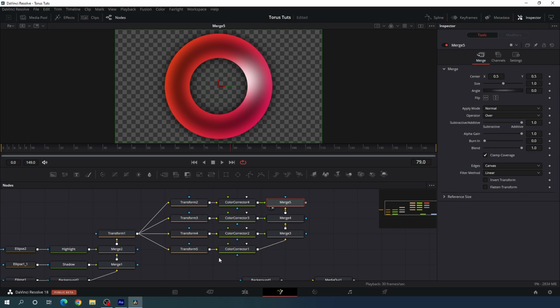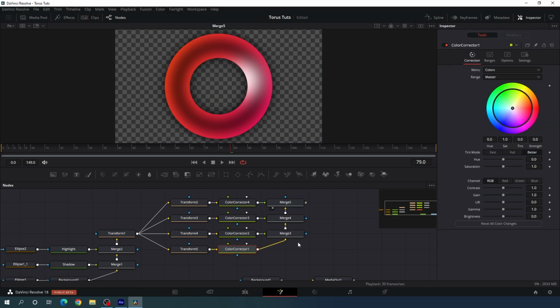Finally, let's change the color. So select the color 1, and I'm going to set the color maybe like this. You can see the color, and this is the second one. Let's drag and drop and leave the color as it is. Let's drag the third one, select the third one,